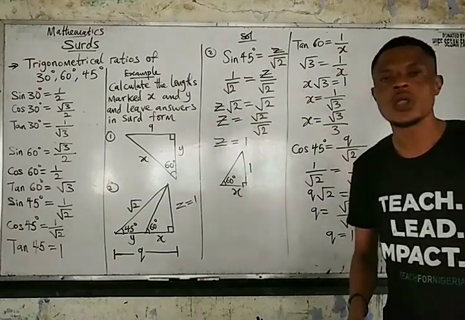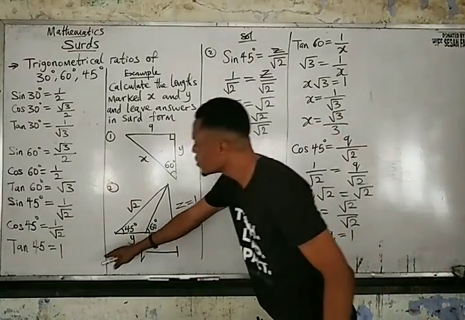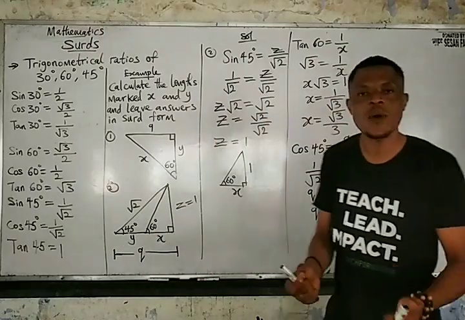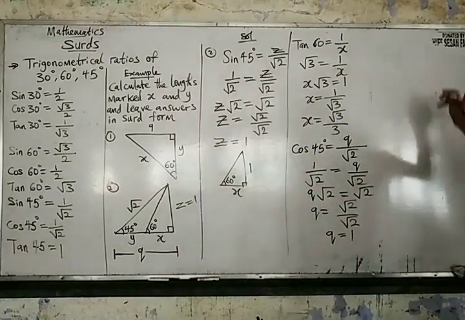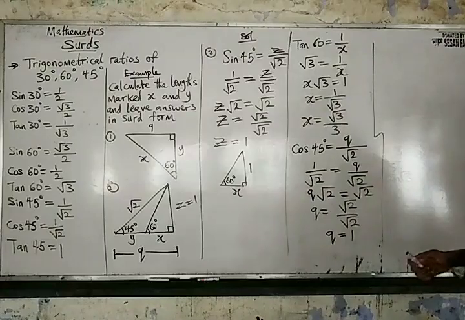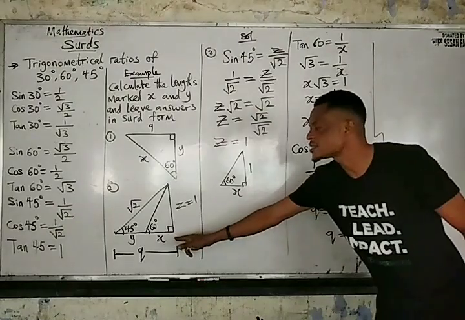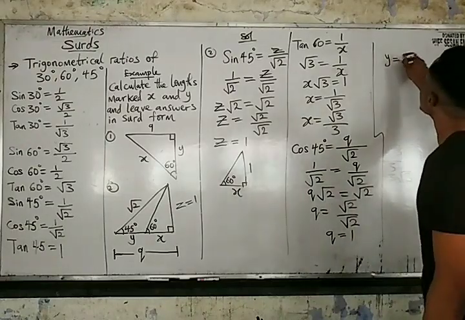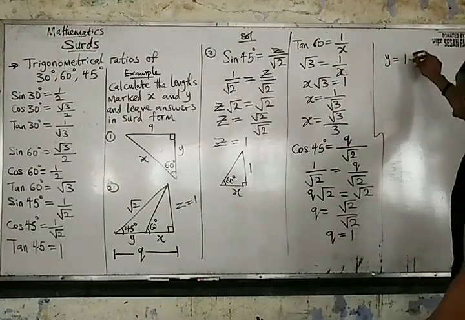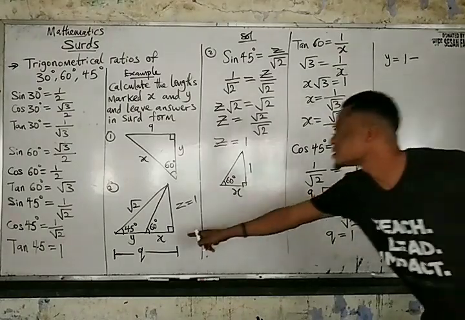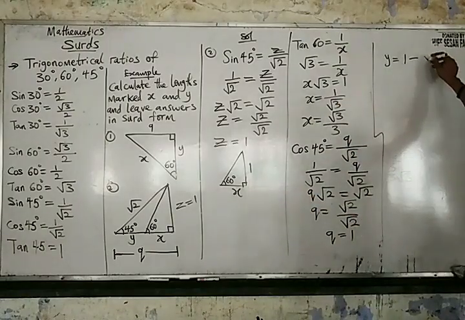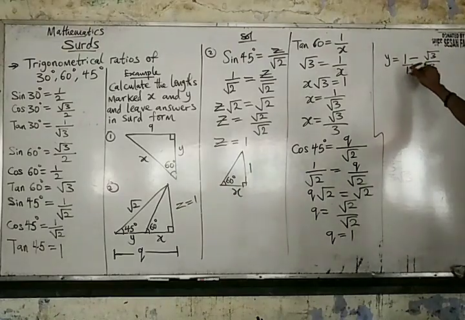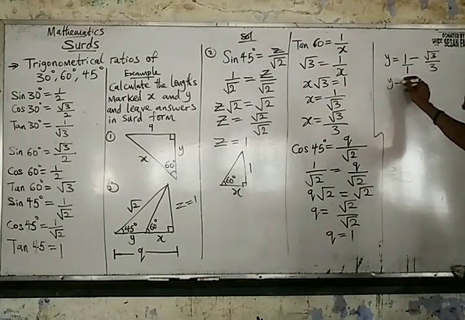But that's not all. We have only gotten from here to here to be 1. Now what about from here to here, which is our y? Then we now say we remove the x from what we have here, then that will be our y. So y is equal to the q, which is 1, minus our x. And the x we got was root 3 all over 3. So we can assume that this is over 1 again. So y is equal to